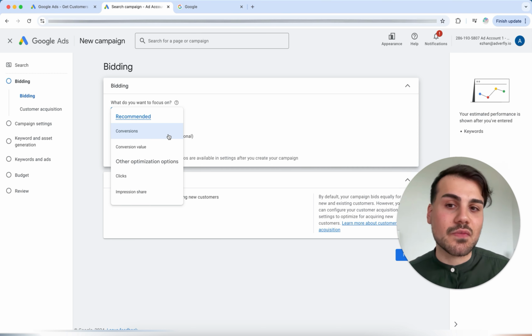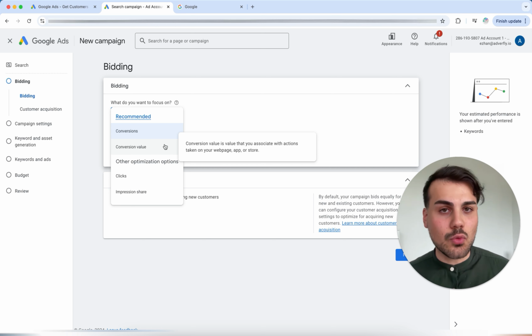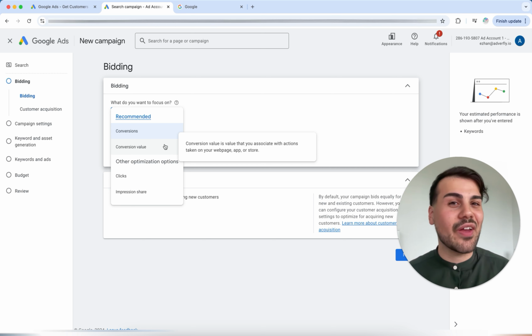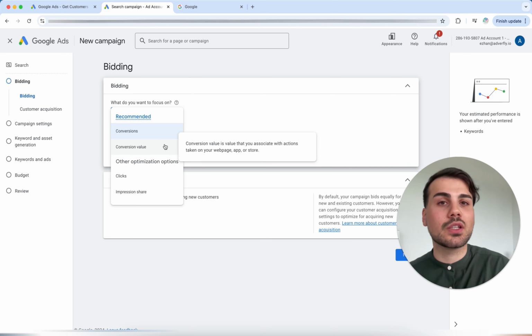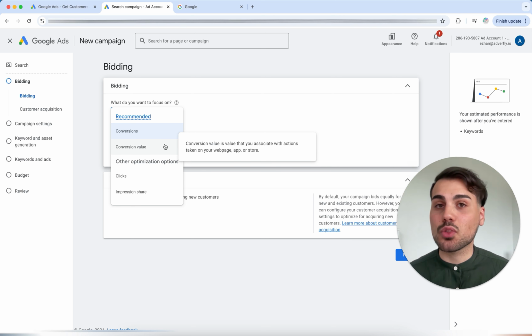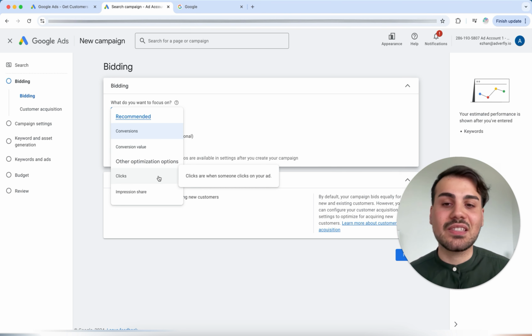Then we have the second variant, conversion value, which means that here we have a conversion with a value, because there are customers who buy more and customers who buy less, especially in business models with a high margin. Then of course the quality of the customers is often extremely important. And if we say here, hey Google, please optimize for conversion value, then Google will try to get the best, highest quality customers. Then we have the other variants, for example, clicks.